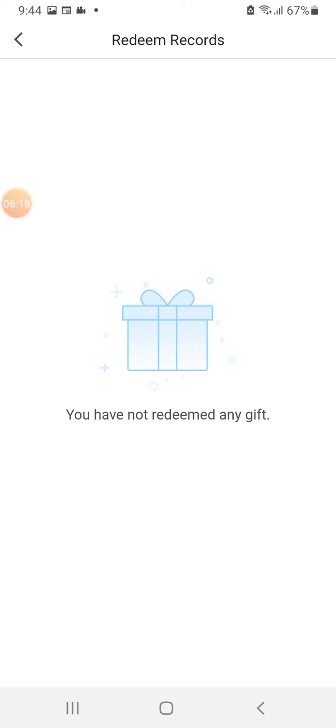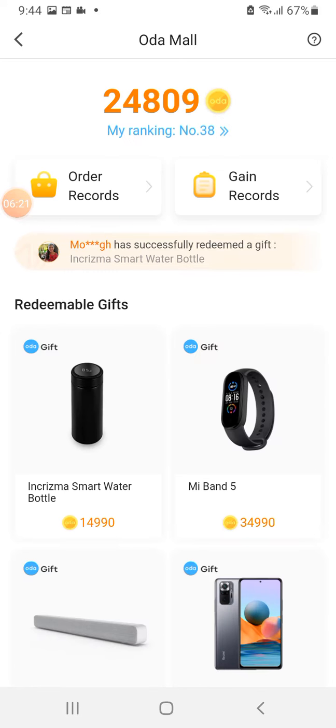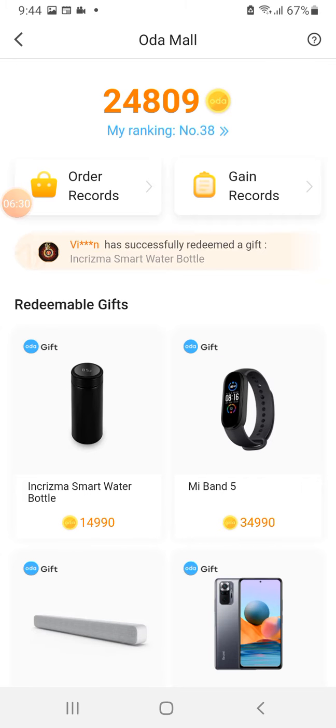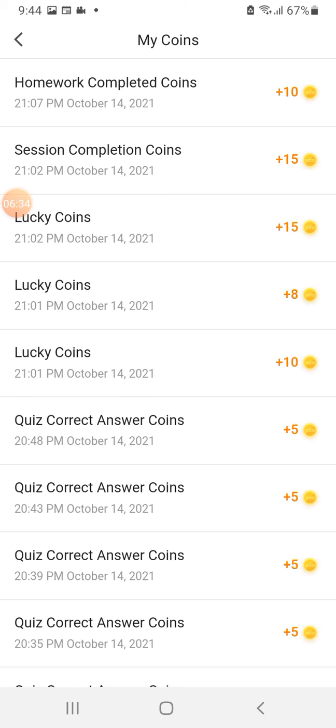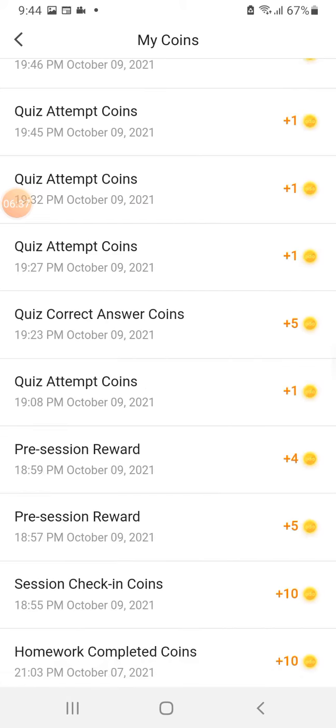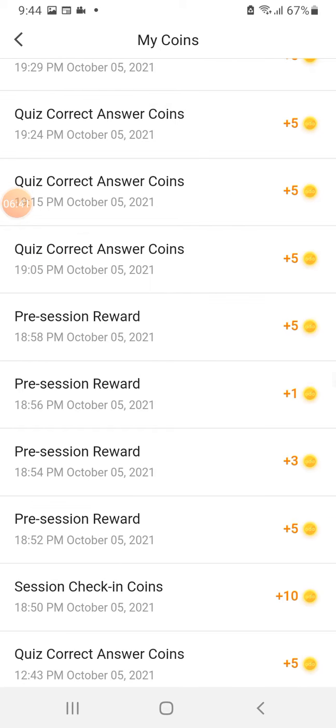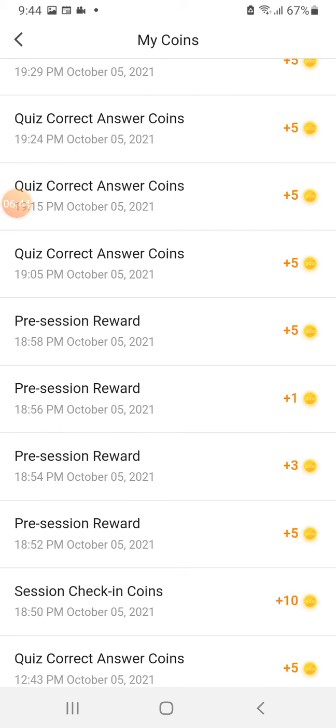If you go to Order Redeem Records, and if you have bought a gift, it will be shown there, but it's showing that you have not redeemed any gift. I have not bought any gift. And if you go to Gain Records, it will show all the coins which you earned. For example, pre-session reward: at the starting of the session there will be some rewards.